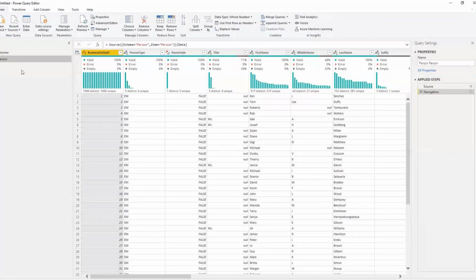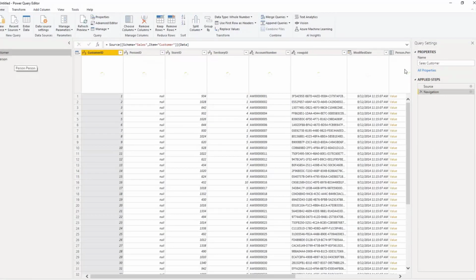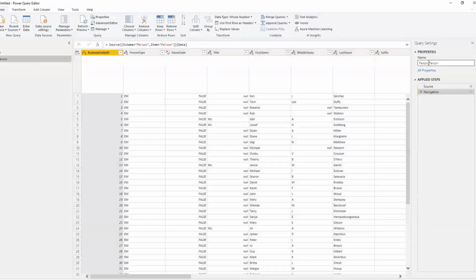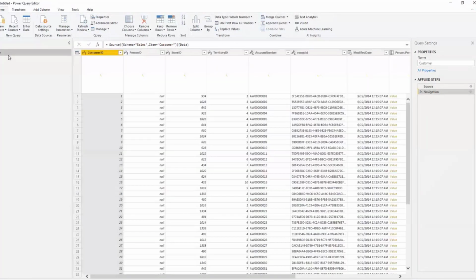The first thing I'll do is put some decent names for these tables: customer, and the other one would be person. Customer and person. And I would get myself into the customer table.